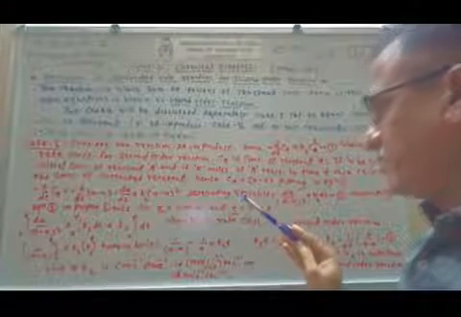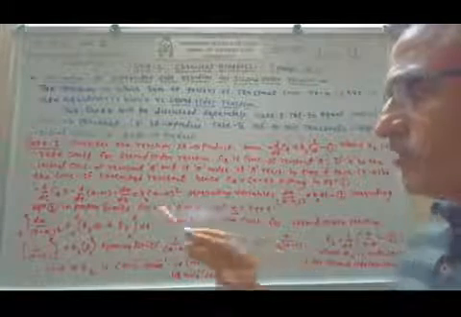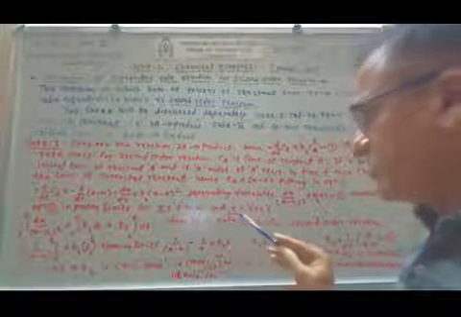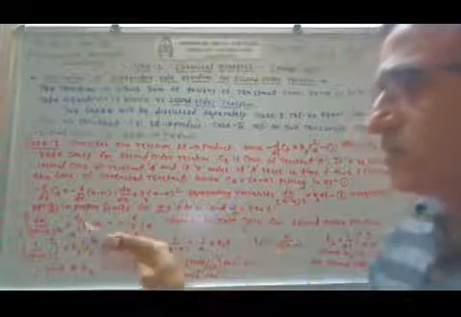Now separating variables, we get dx upon (a minus x) square is equal to K2 dt, call it equation number 2. Now we have to derive the equation for the rate constant of second order reaction with equal initial concentration. So we integrate equation number 2 between the proper limits, x is equal to 0 to x and t is equal to 0 to t. So this is the definite integral, and here we have to derive the equation.